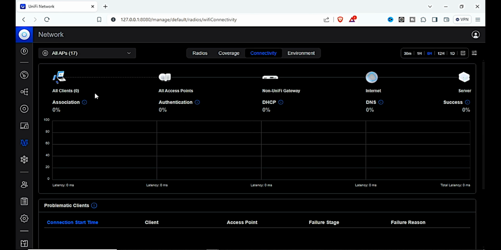it is able to differentiate between all clients association, which includes 802.11 open authentication and association. You can see all access points authentication, which includes WPA 2 or 3 security authentication and 802.1x RADIUS authentication, enterprise, in brackets. You'll be able to see non-unified gateway